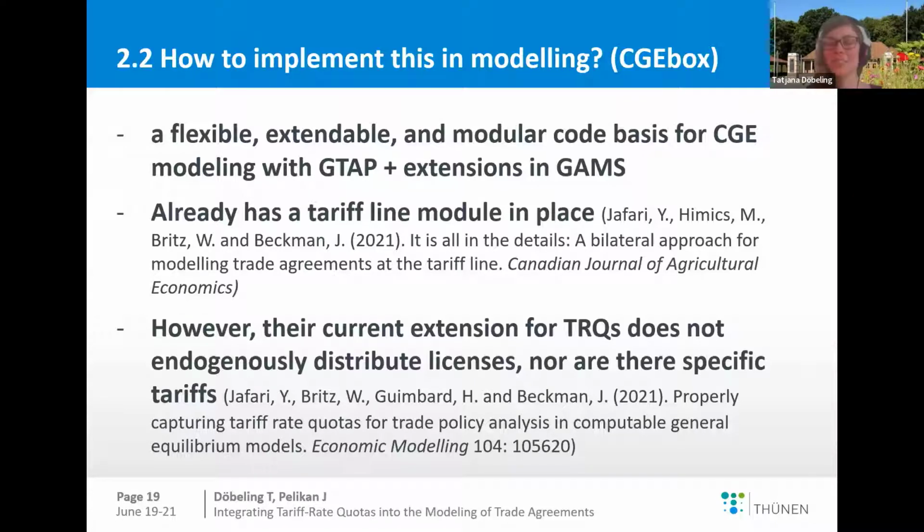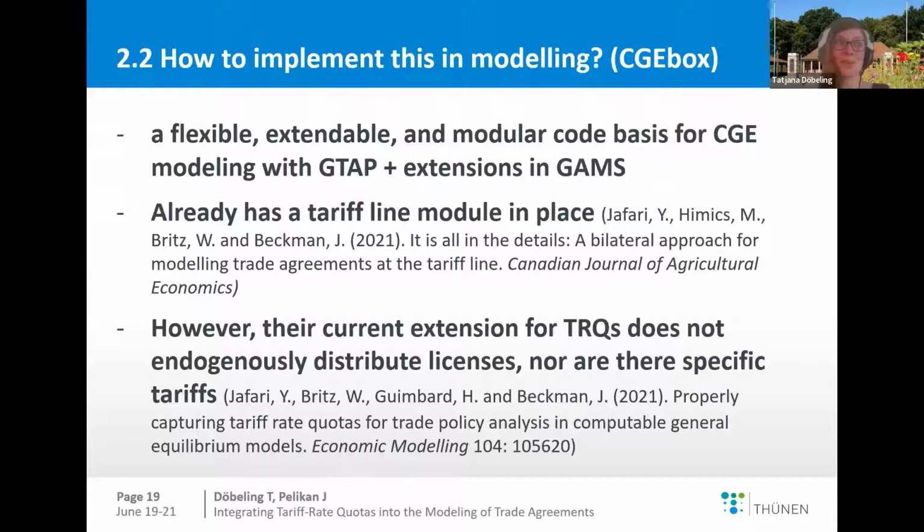And it actually already has some kind of module for tariff rate quotas, but this tariff rate quota model is closer to what I explained at first when I talked about MCP equations. It basically says one commodity can be inside and outside the quota. And that's not what we see in the real world. So it uses a little trick. It assigns